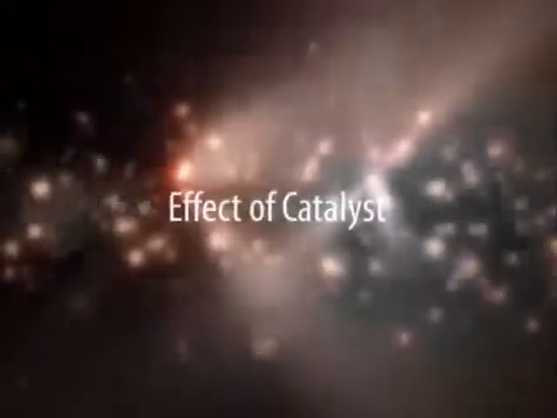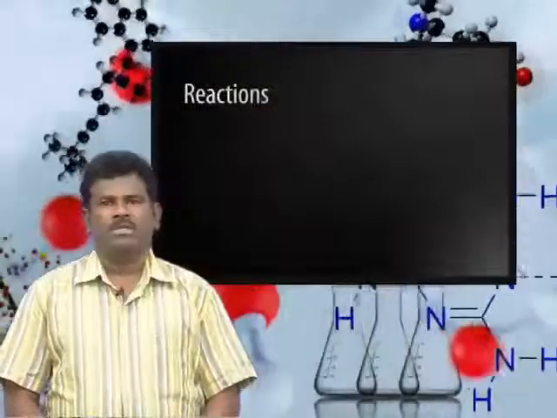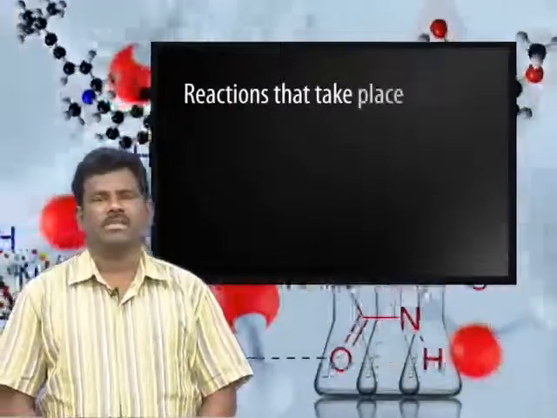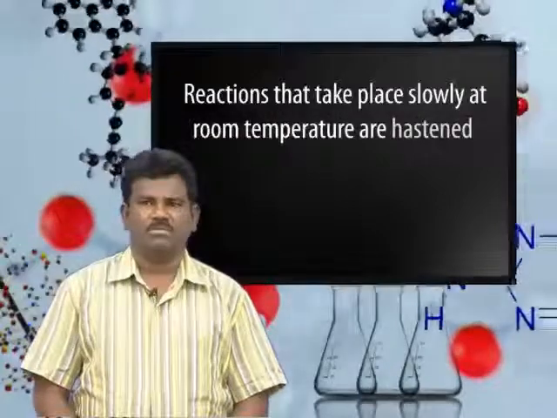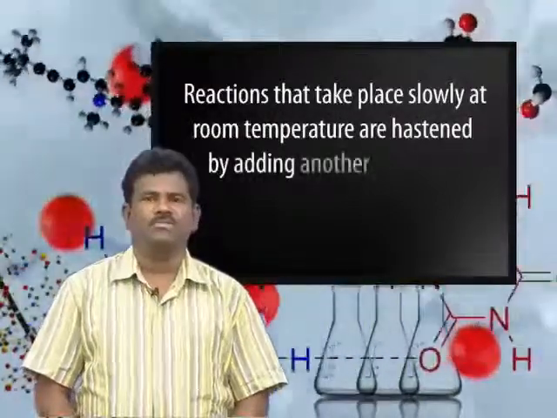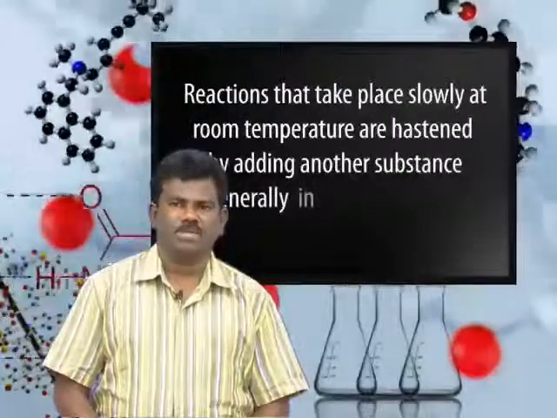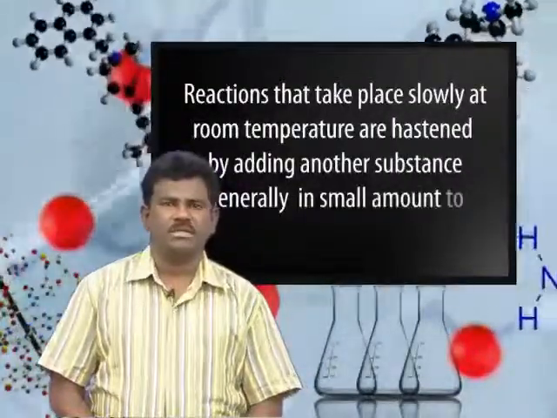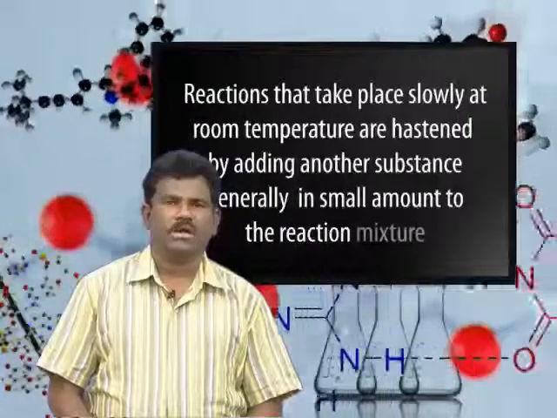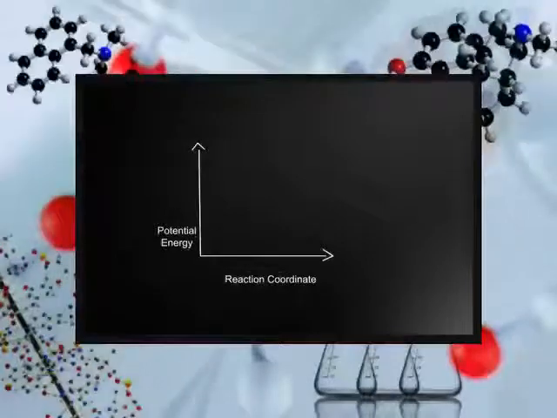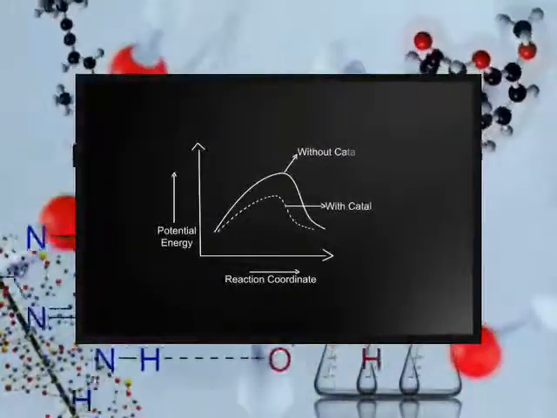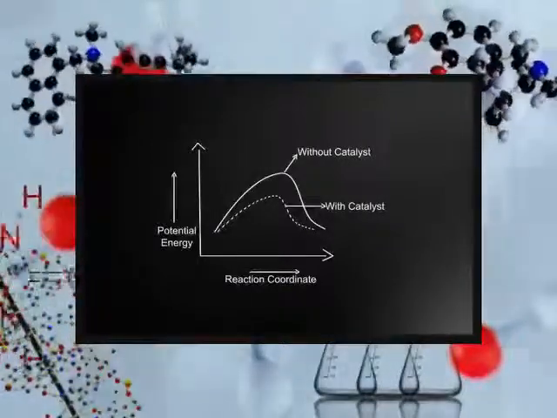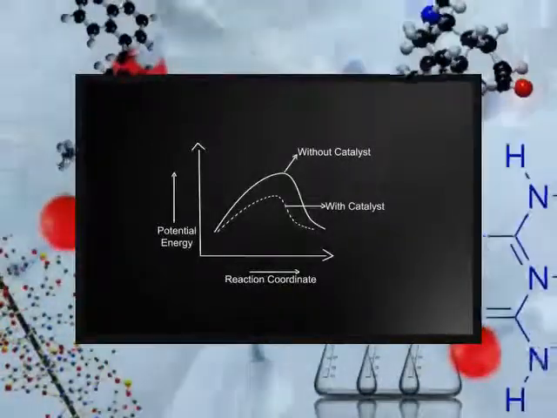Catalyst. Generally, chemical reactions take place very slowly at room temperature. For that, if you add any chemical substances to the reactants, they hasten or speed up the chemical reaction. These substances are called catalysts. Generally, catalysts participate in the chemical reaction, but they are not consumed